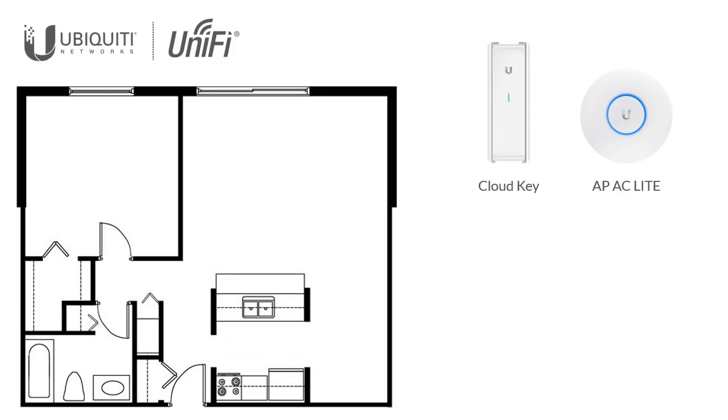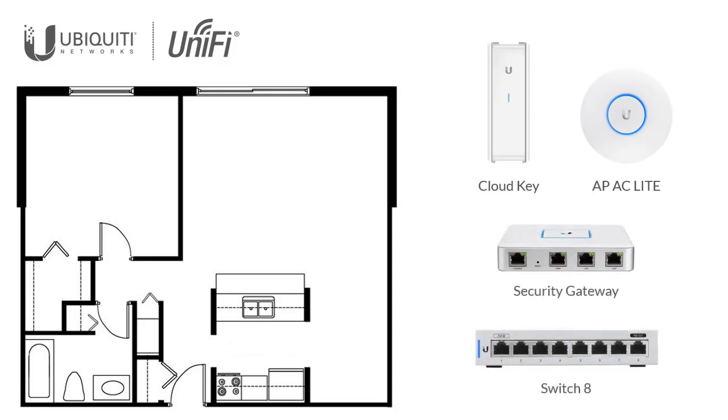If you've only got capacity for 20 or 30 people, and some subset of those are going to be using Wi-Fi over a pretty constrained space, an AC light would be just fine. I'm going to add a security gateway, and to tie it all together, a switch 8. Now remember, the switch 8 only has one PoE out port, so you could plug, say, the cloud key into that. Now that means your AC light won't be getting power from the switch, but the AC light ships with a PoE injector, so you can always use that to provide power to the unit,